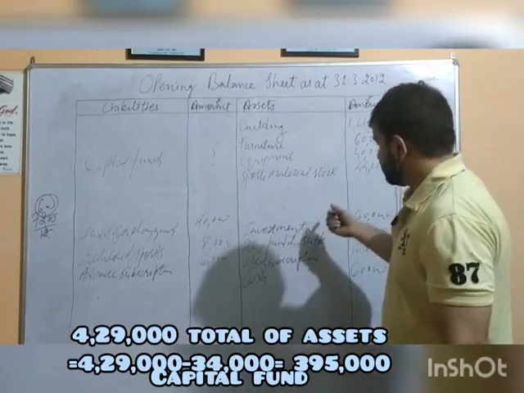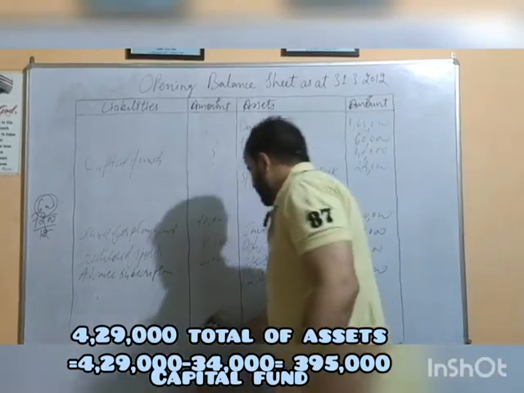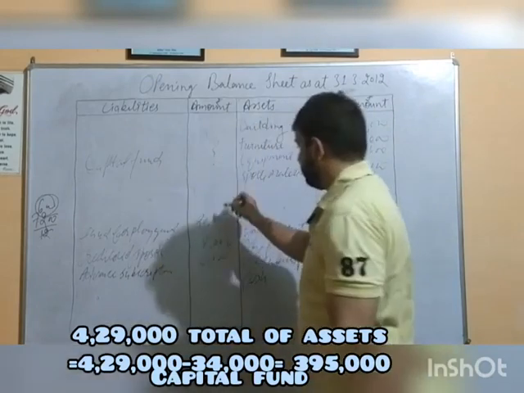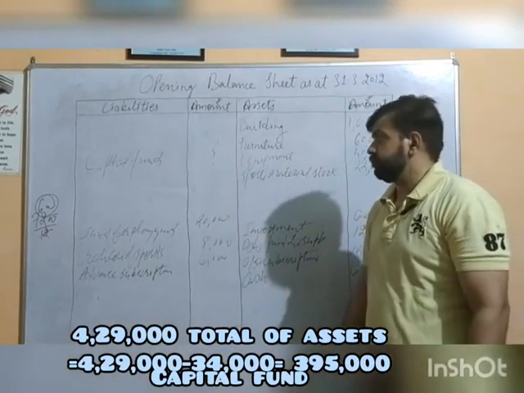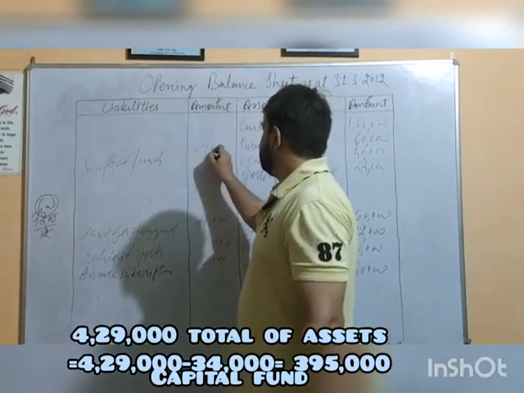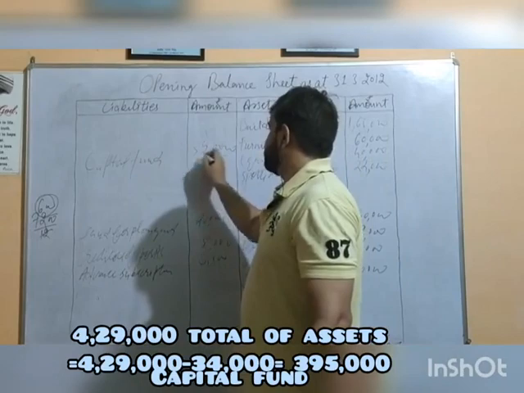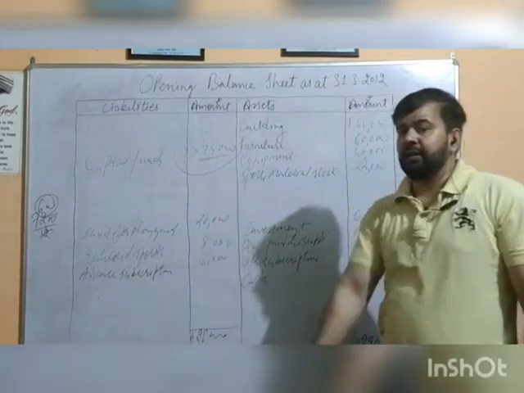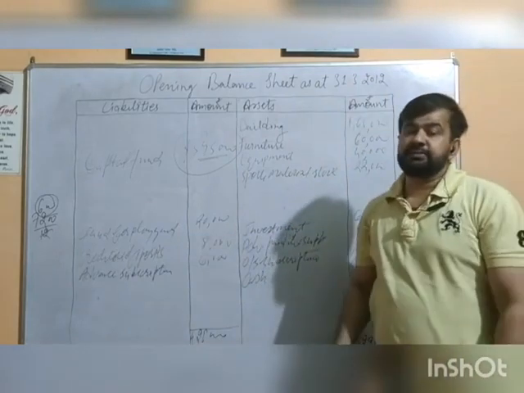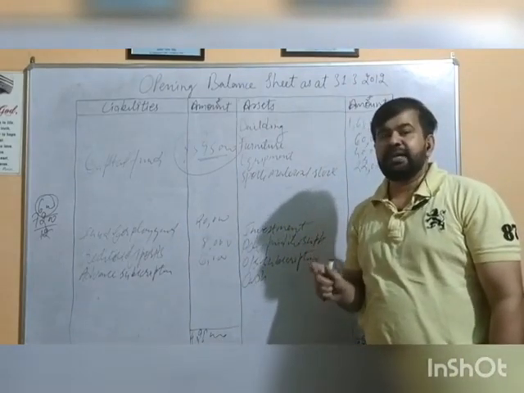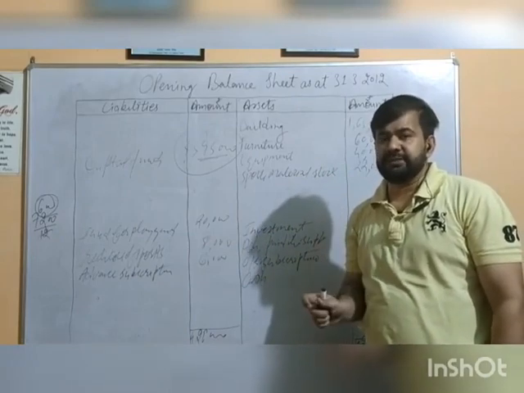So our asset side is larger than our liability side. We will be subtracting this 34,000 from 4,29,000 to come out with our capital fund as rupees 3,95,000. This is to be taken to the liability side of closing balance sheet, and we will add surplus into it and subtract deficit from it, besides any addition in the name of capitalization of current year receipts.